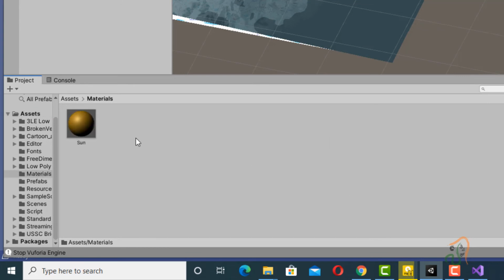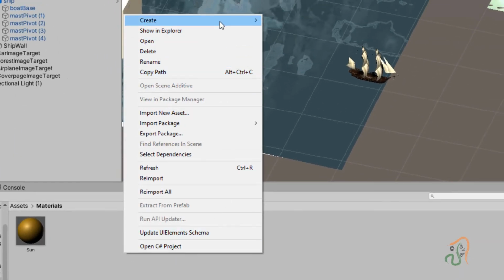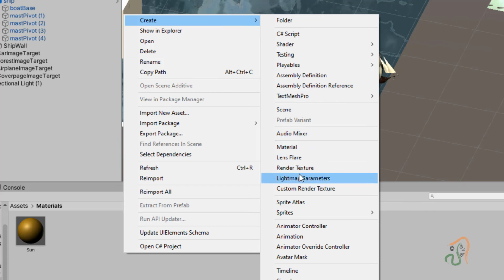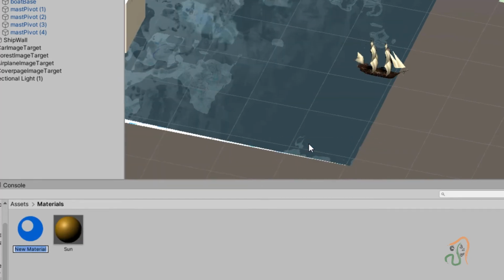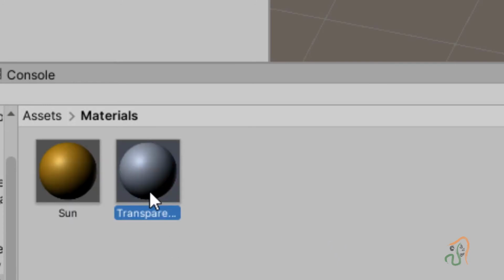We had previously created one sun material here. So right click here, choose create, and create a new material. Name this new material as transparent, with a capital T.